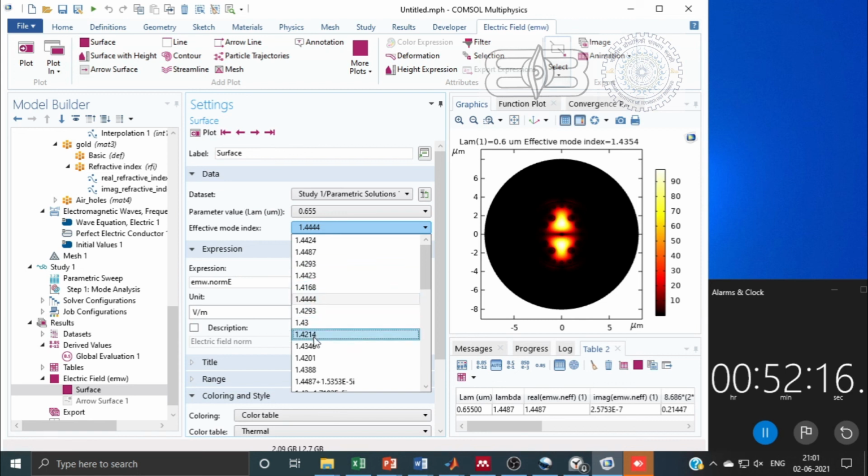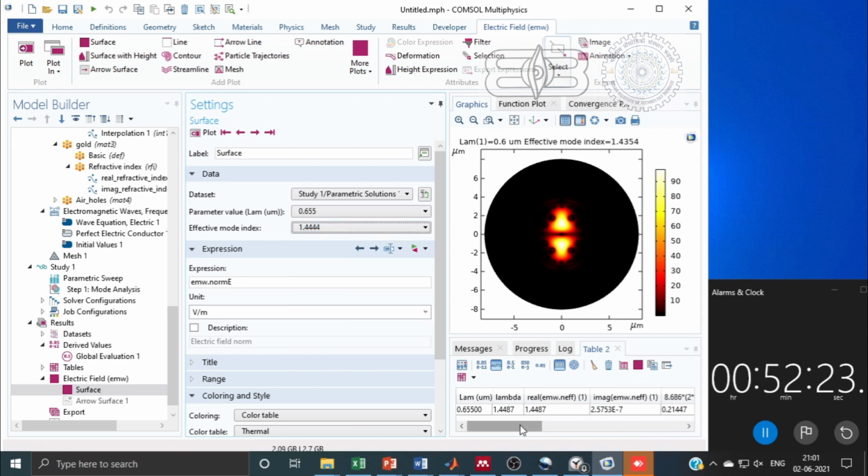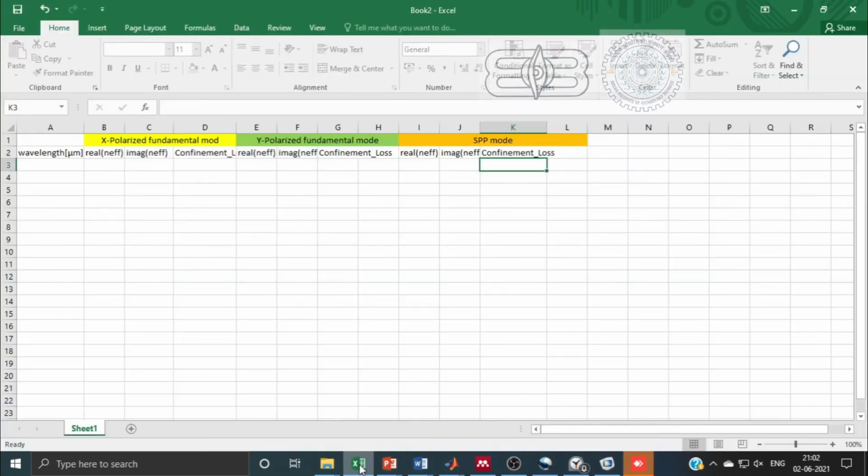These are the X and Y polarized values. Now I will copy this value and paste it in Excel. So I will click it and press Control C, and then I will paste in Excel.